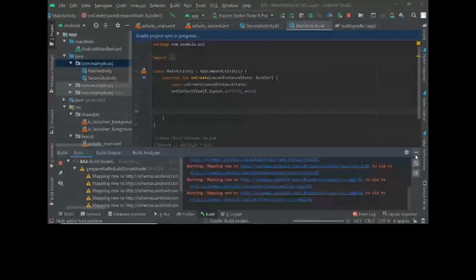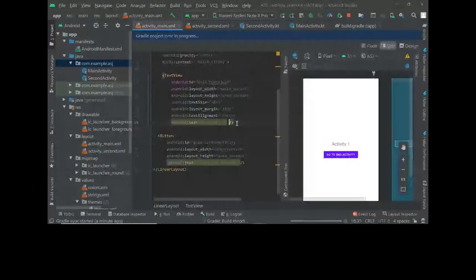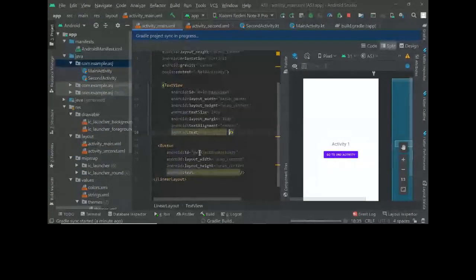This is taking some time. Can you start before all that happens? Okay. So what we are doing is once you click on this button, it goes to the second activity.